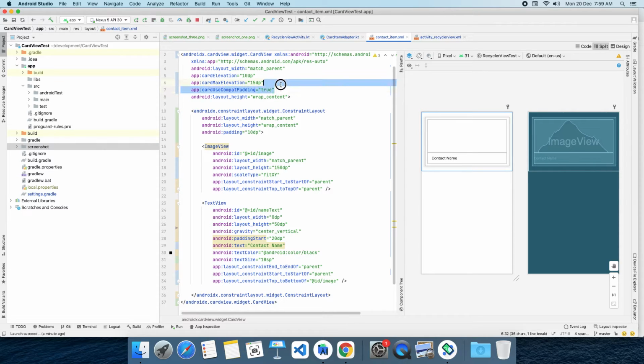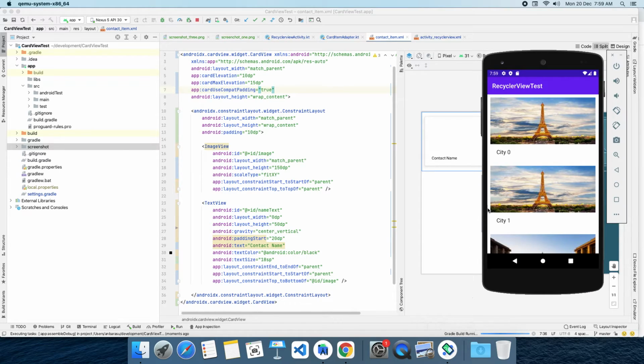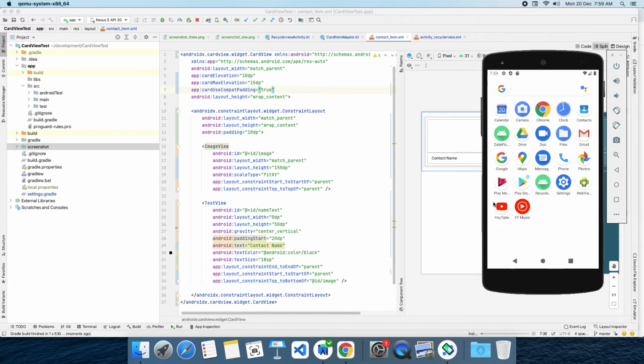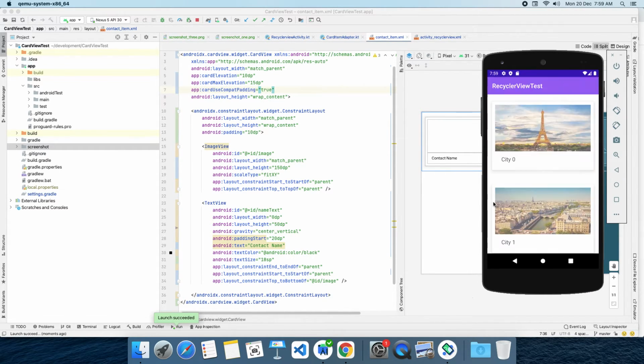If you use this property, it will make enough space to render a shadow around the corner. Now run the app and see how it looks. See, our shadow is rendering properly. This adds enough padding around the card view so that we can display our shadow.